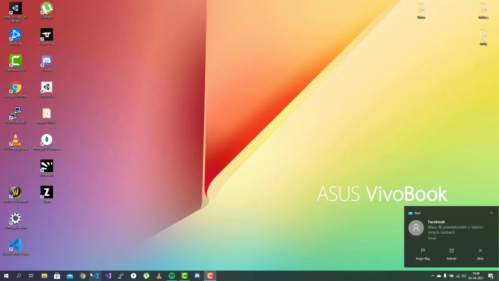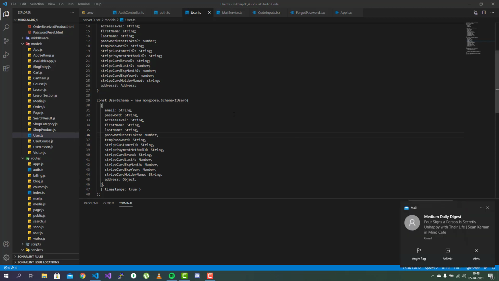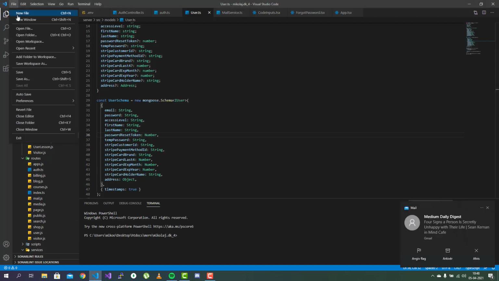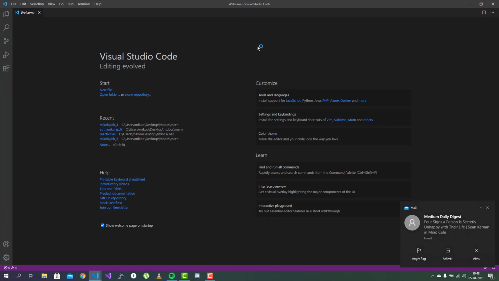Hello guys, in this tutorial we will learn how to create a React.js application without create React app. So if you want to advance your React knowledge and also JavaScript knowledge, because Webpack and